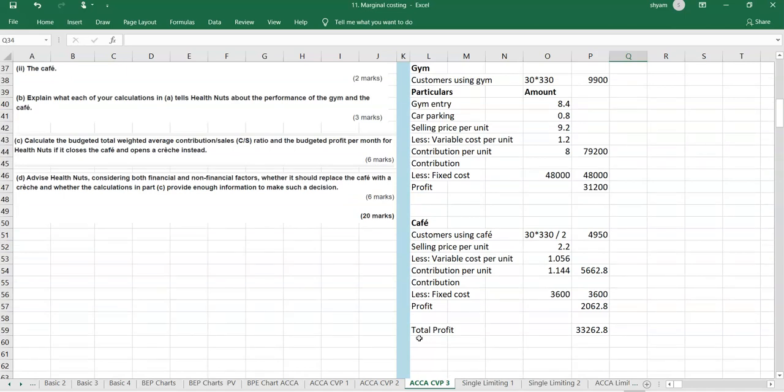Okay, so we have to get total contribution and total sales. So total contribution will be this contribution and this, and total sales will be this plus,